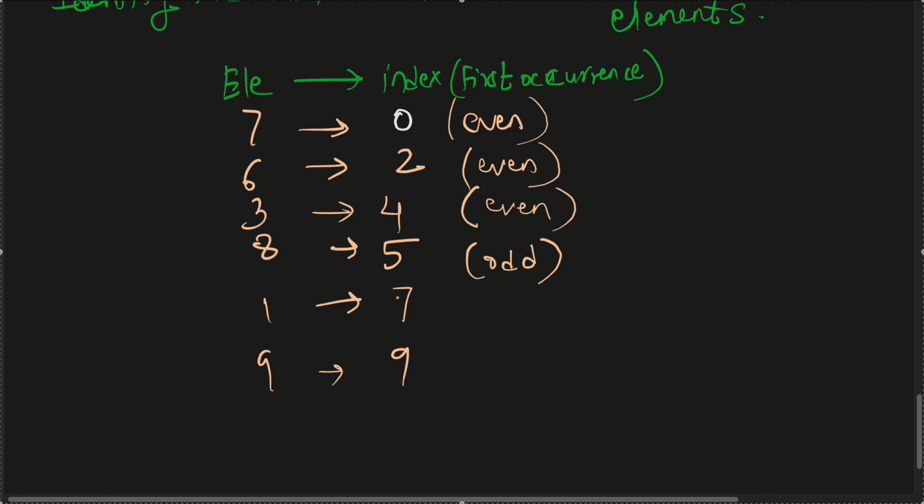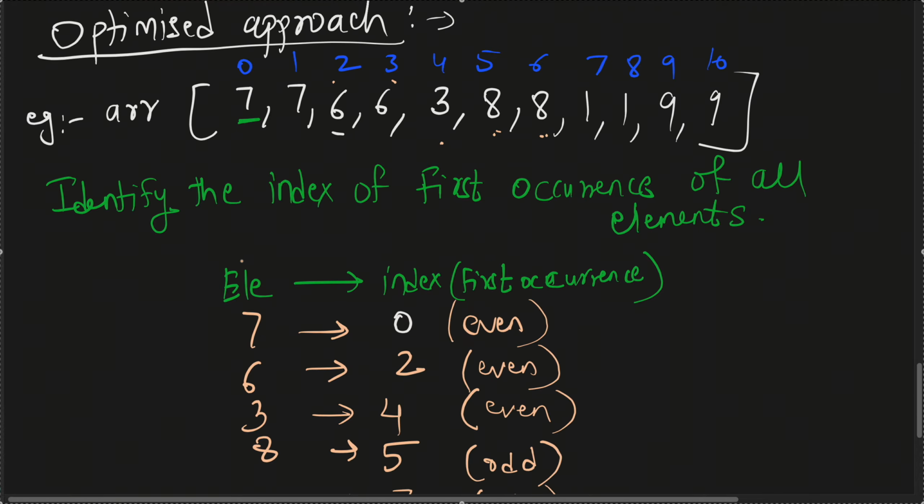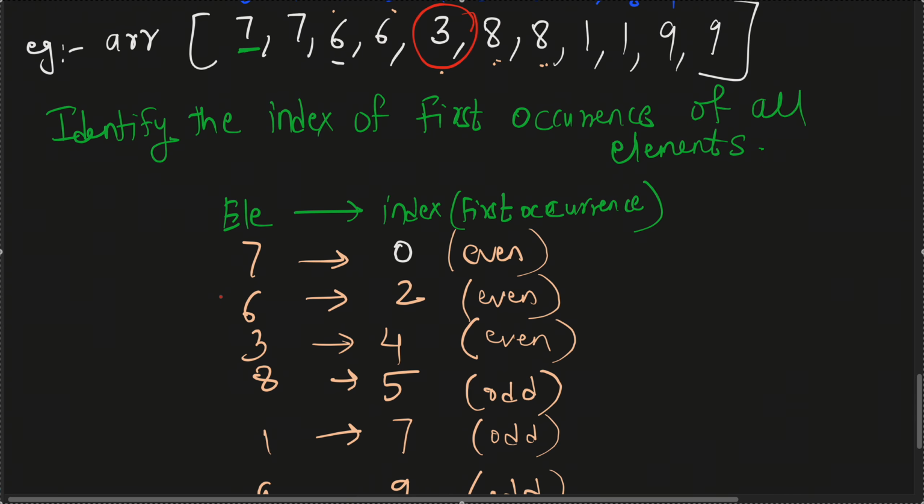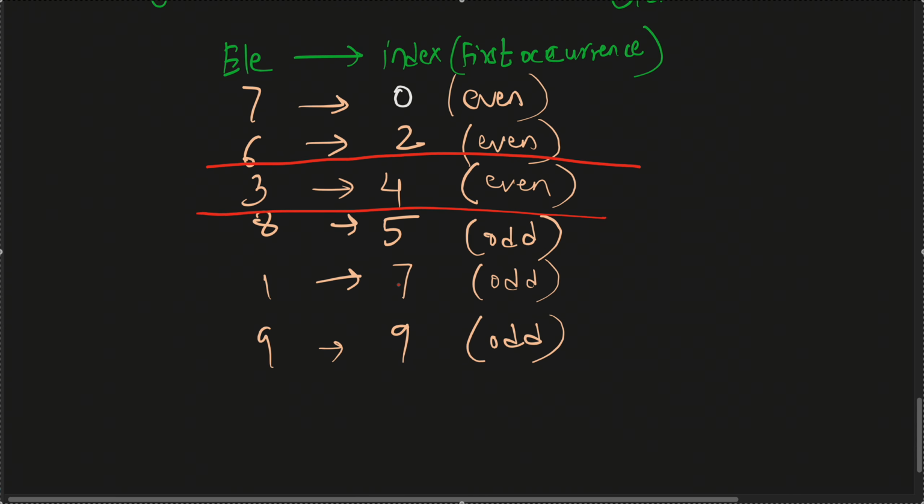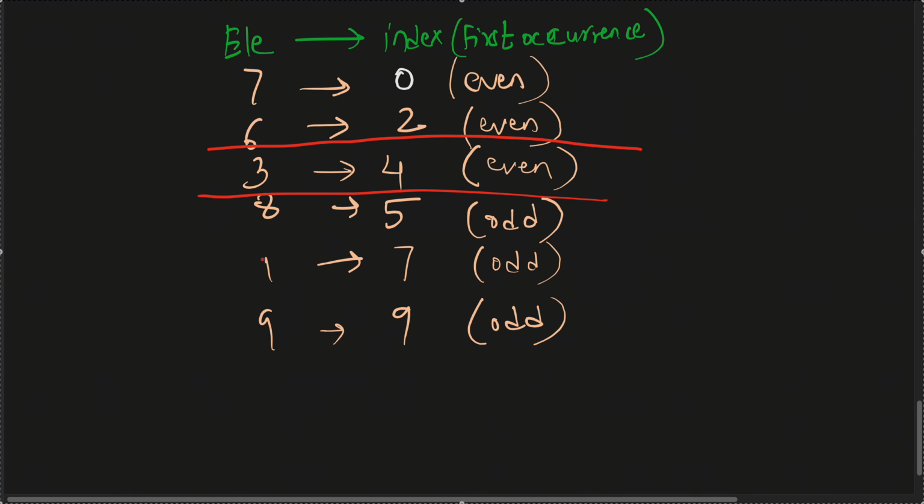For one element the first index occurrence is also odd. From 9 it is also odd, right? So, what is the unique element here? We know that the unique element here is 3. 3 is the unique element, right? So can you see something? Can you derive a conclusion after seeing this? So what can be the conclusion from this